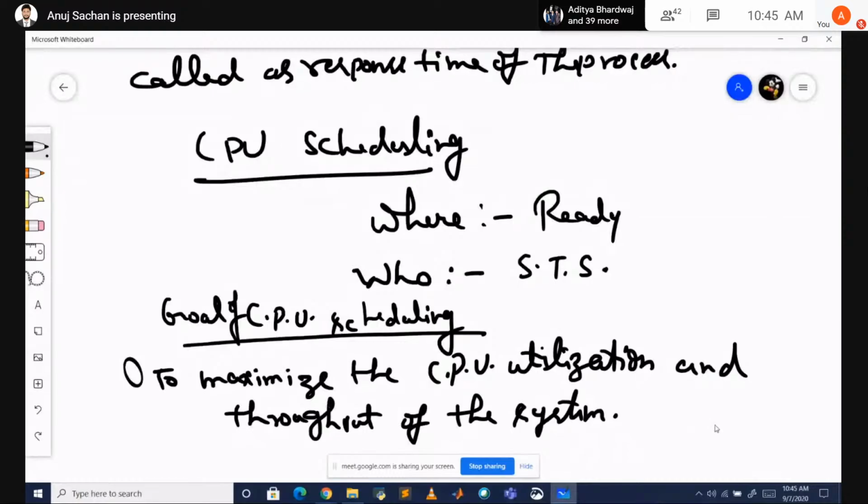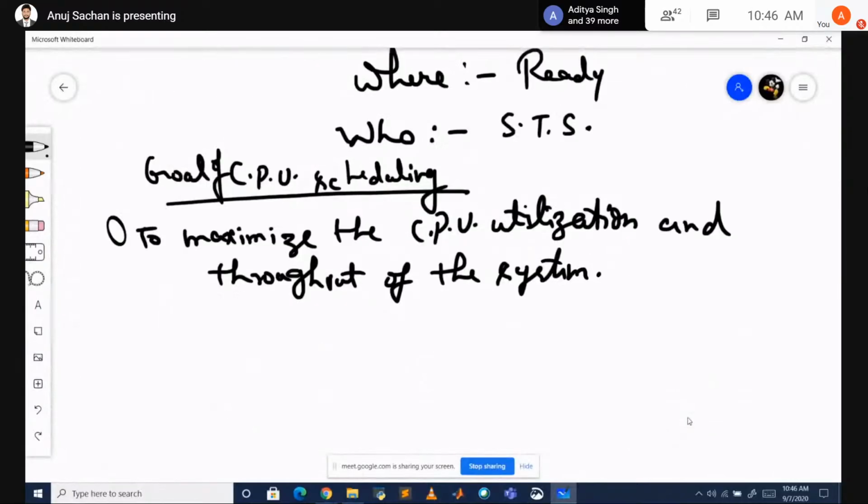CPU utilization और throughput of the system को मैक्सिमाइज करना और वेटिंग टाइम, टर्न अराउंड टाइम, रिस्पॉन्स टाइम को कम करना।